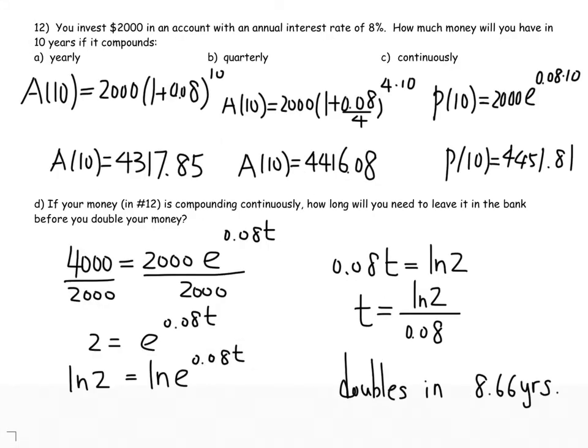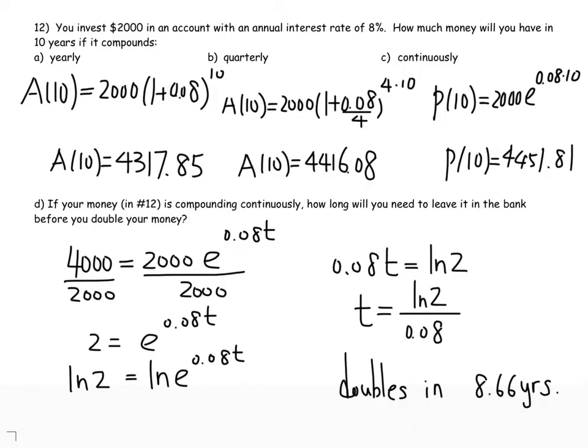Question number 12. You're going to invest $2,000 in the bank and the annual interest rate is 8%. How much money will you have in 10 years if it compounds? So letter A, yearly. So this is going to be 2,000 times 1 plus 0.08 raised to the 10 years. Calculate that, put in the calculators, you'll find A of 10 equals